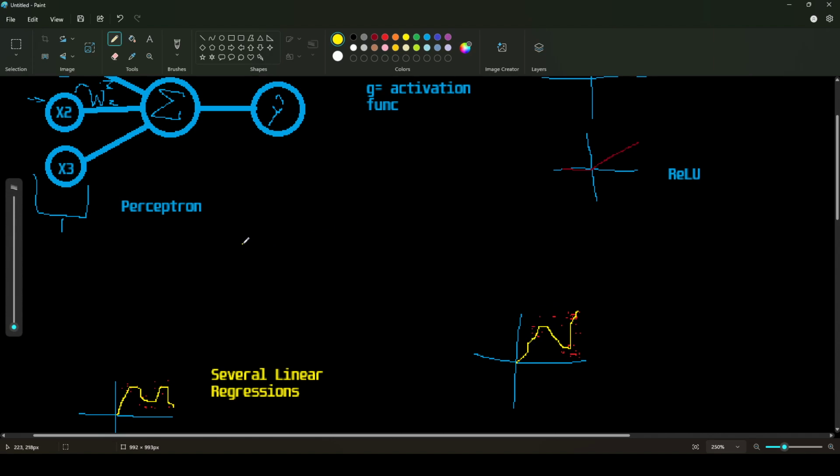For example, if you feed it an image of a cat or something like that, it would break down the pixels and it would see, oh, this pixel here, this pixel here, this pixel here, give different weights. Each pixel would be an input. So if it was a 64 by 64 image, it would have 64 times 64 inputs, and the output would be